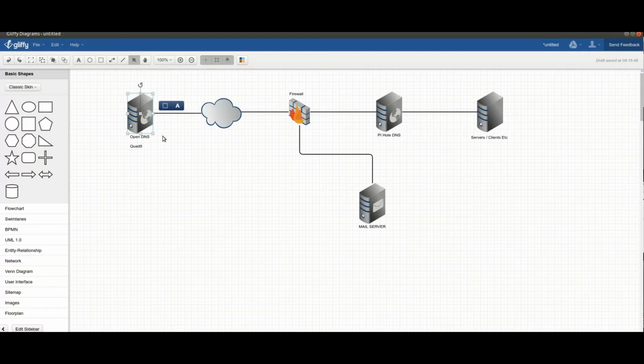It's free, and it basically monitors for malicious domains and automatically blocks them. OpenDNS does the same thing. They have a paid version. OpenDNS lets you do a lot of great things. I'll show you that in a little bit.